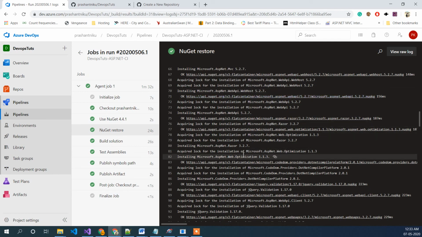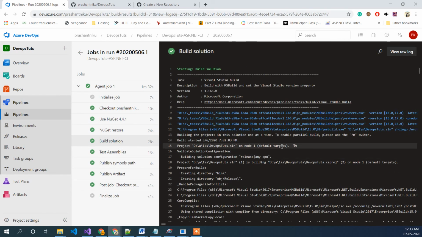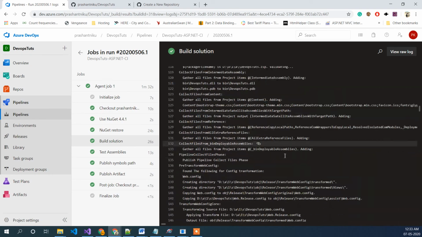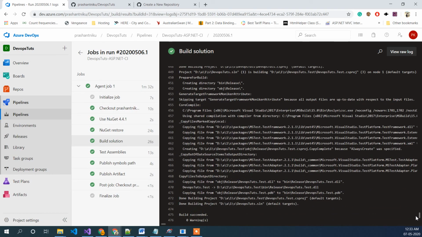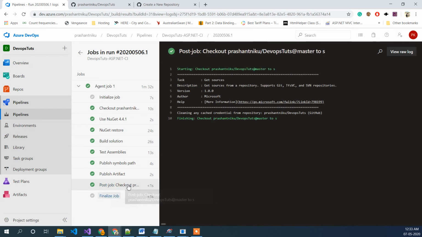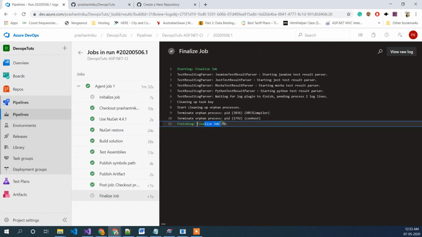It's restoring all the packages we need. And when you go to build solution, if your build failed, it will show it somewhere here. So what we are interested in is the end result. So as you can see, it's showing build succeeded, and at last post job is finished, and there's a finalization of this.